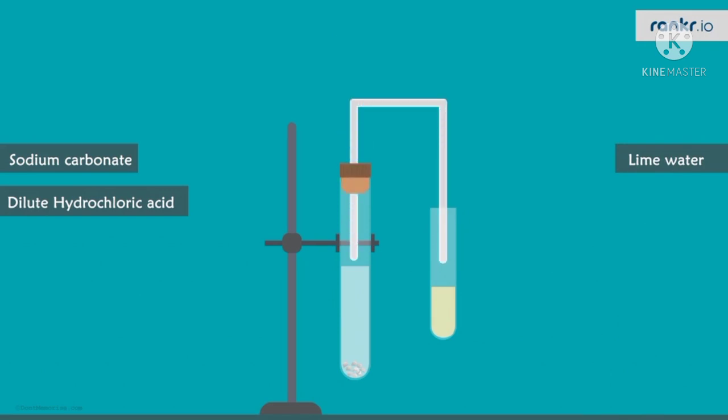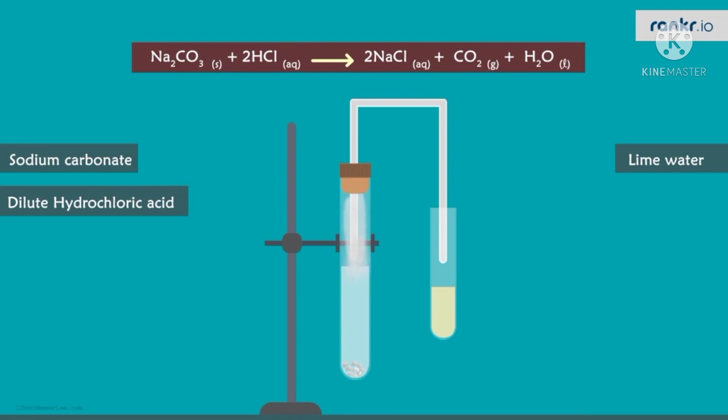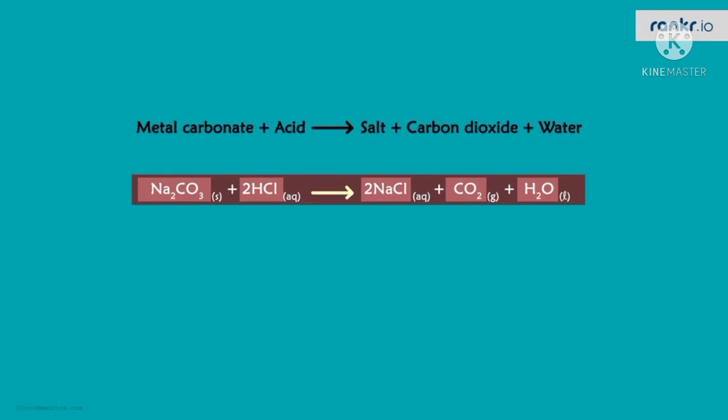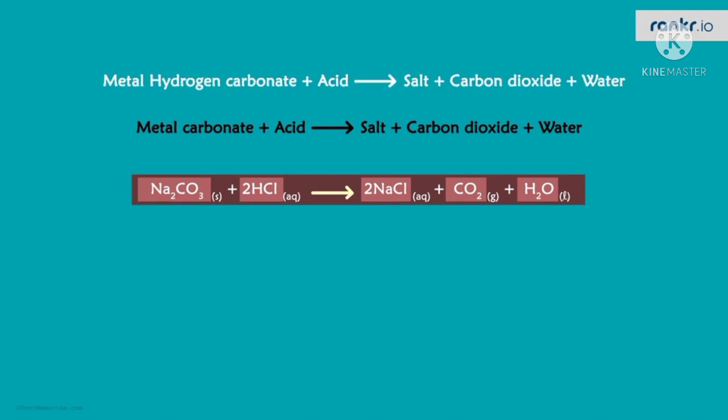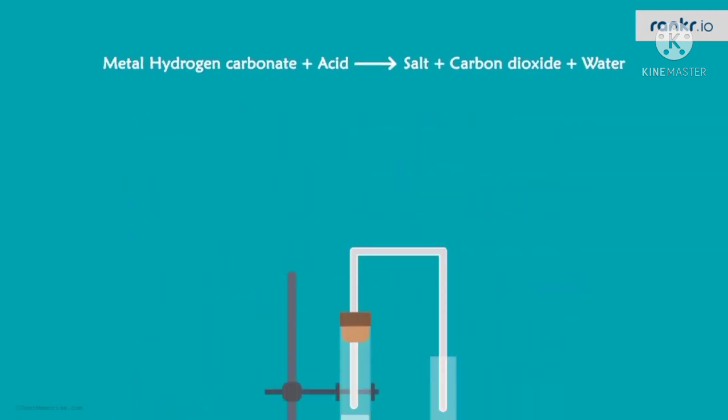Let us start our activity with materials like test tubes, Na2CO3, NaHCO3, lime water, rubber cork, stand and clamps. In a test tube, sodium carbonate reacts with HCl, and the reaction goes on. Some gas passes through the tube and reaches the lime water. Then immediately the lime water turns milky white.